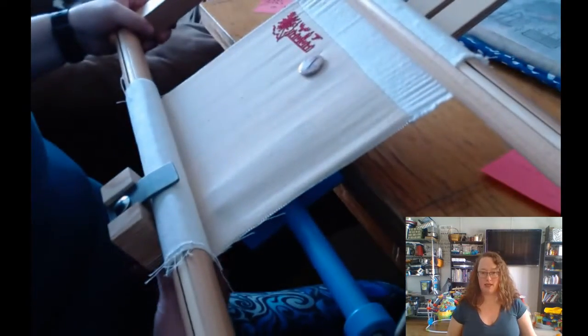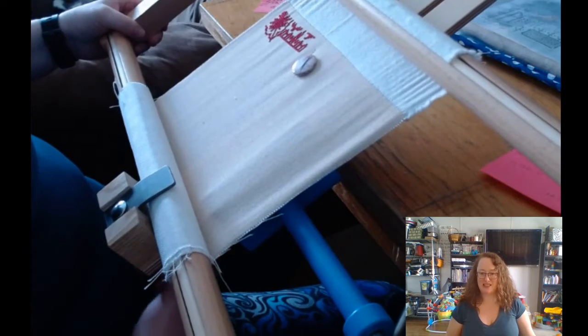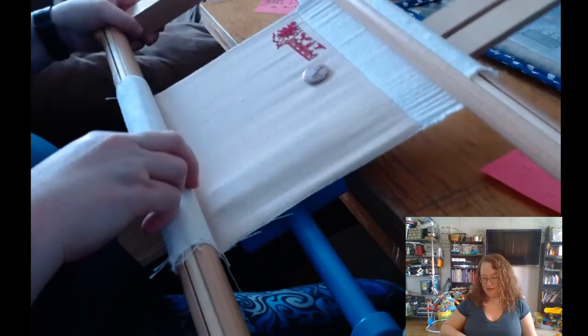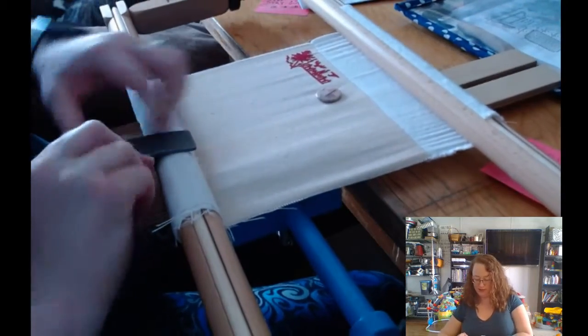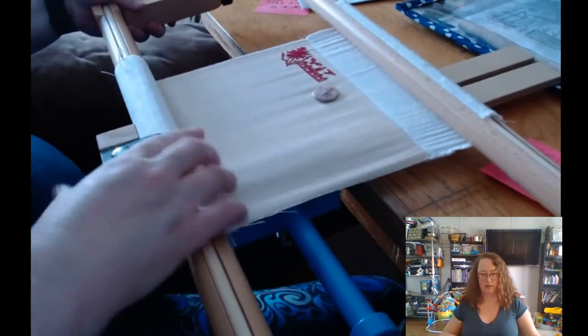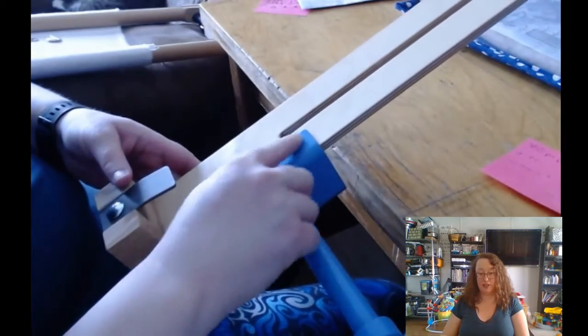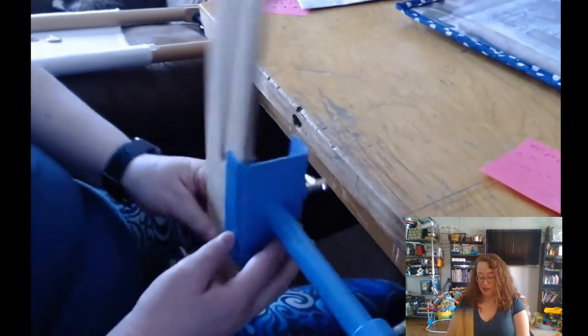And then the bottom, I loosen it, but mine's really stiff. I've played around with other people's, they're looser. But I just loosen and pull up on here so it loosens on the bar, and then I just slide my bar up. And there we go. Now my Omni frame is off, and if you can see here, I've attached it using